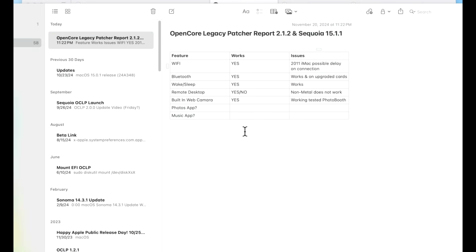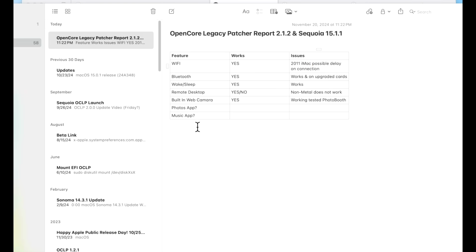Let's look at a quick preliminary report here. And again, I mentioned in the last video, I'm still trying to work on getting a better reporting system for doing testing against these Macs, following the feedback that you've been giving me in the comments. A lot of the stuff revolves around some of the photo apps and some of the music app activities. I saw some comments saying a lot of the parts in the Music app work until, for example, you do a custom playlist and then it crashes. Same thing with the Photos app. Let me know in the comments